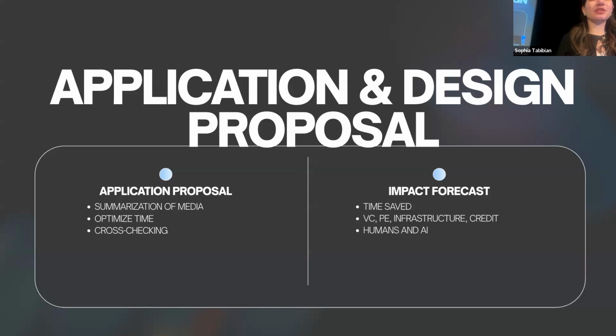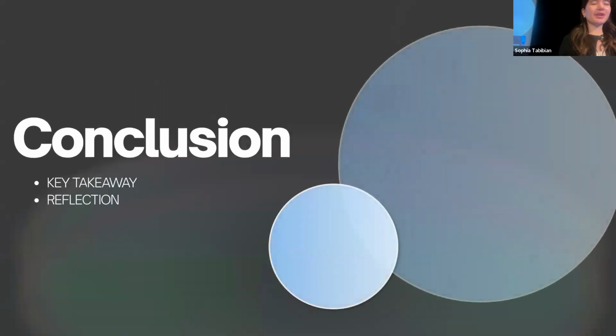And then I do think that there should be a balance between humans and AI when using AI, and that AI isn't really the solution for everything, and there's always the chance of hallucinations and bias and things like that. So it's really essential to just have a balance between how much you use it. And now to conclude. So my key takeaways from this are that I learned many limitations, but also many strengths that AI does have. And like I said earlier, I do think there should be a balance between humans and AI and how we use it, and we should use it thoughtfully.